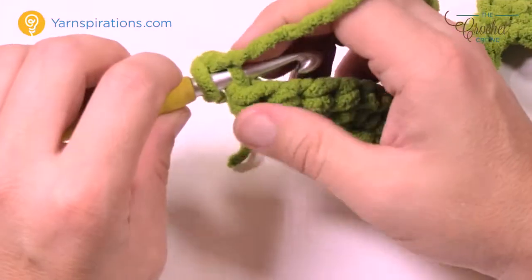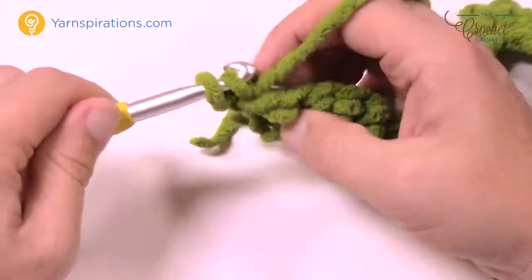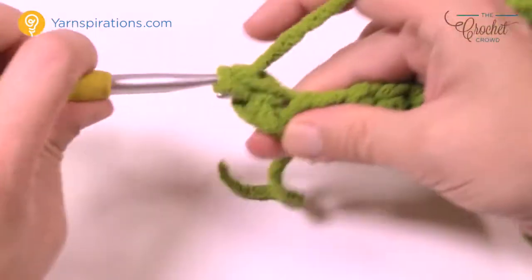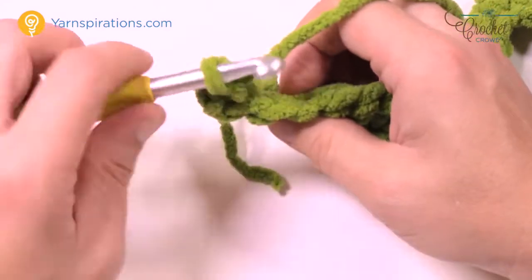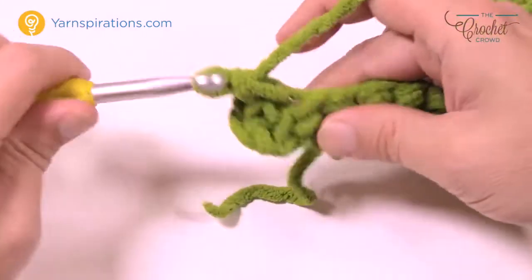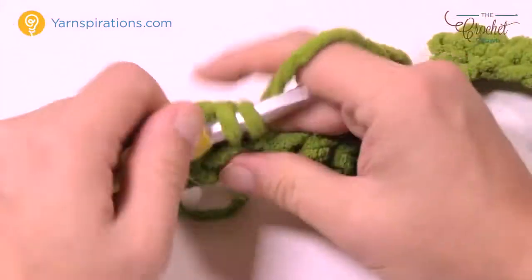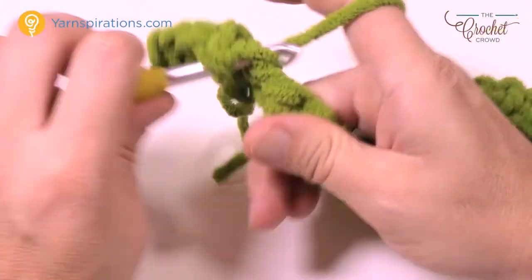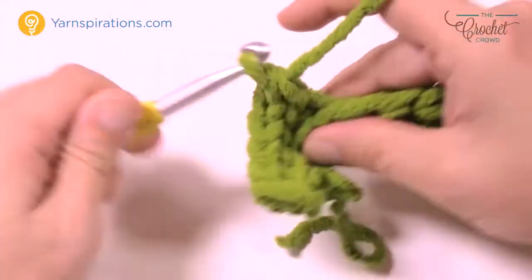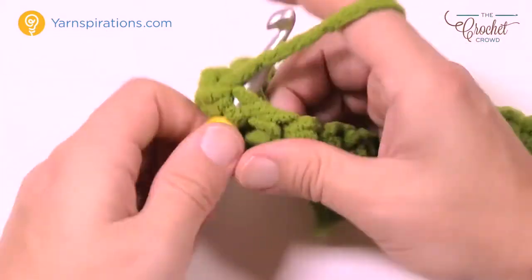So you're just gonna start right in the back loop, and you're gonna put in 2 single crochets. That's the edge peak, okay? And now for the next 6 in a row, you're going to just go down, in the back loops of each one of the 6. So 1, 2, 3, 4, this is 5